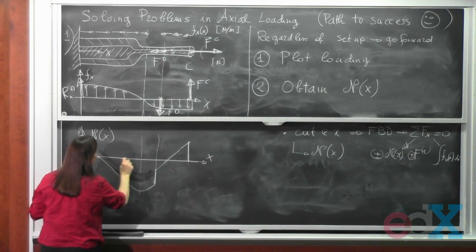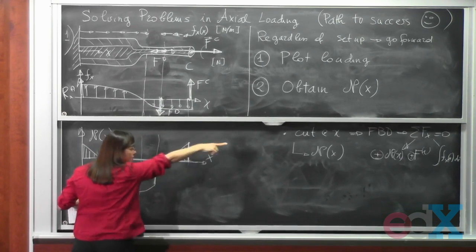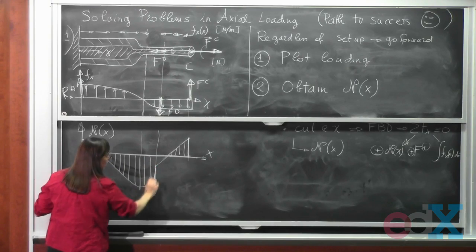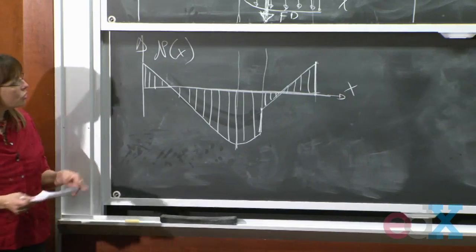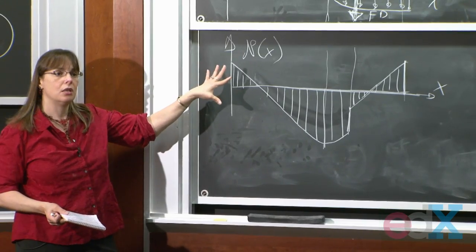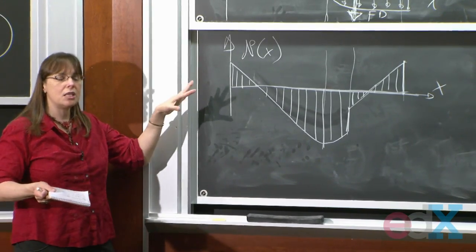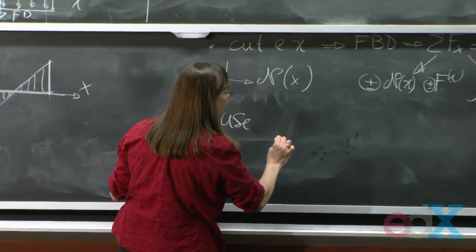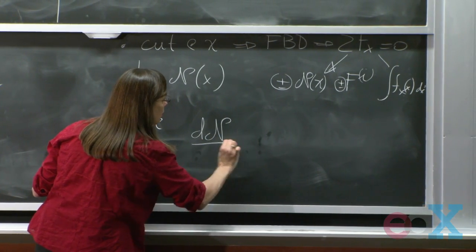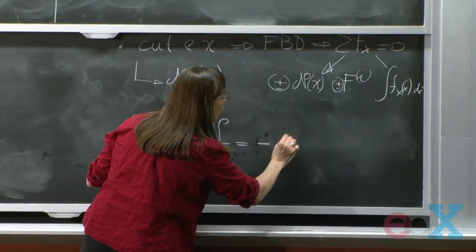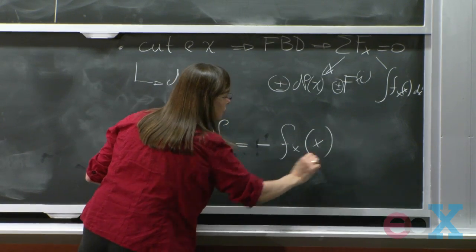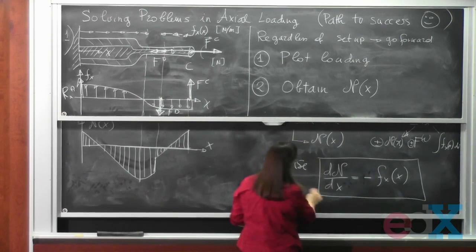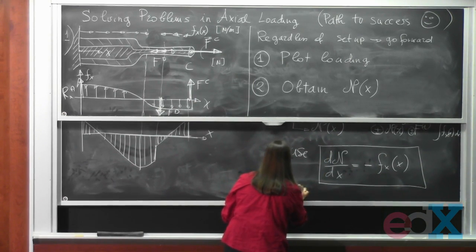The way I would normally obtain this function is by doing all that job. You saw I didn't do all that work there to do this. I kind of say, it's going to do this, it's going to do that. The way that I do this is you can use the fact that dN/dx is equal to minus f_x of x. So we derived this one last time. And you can use this one to check